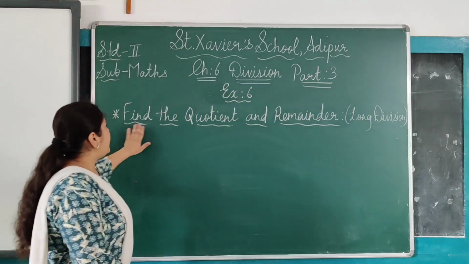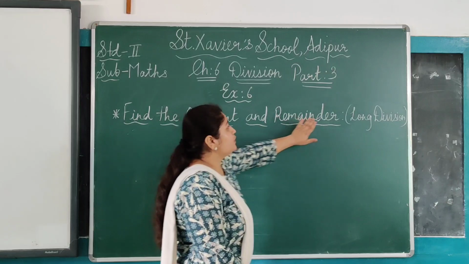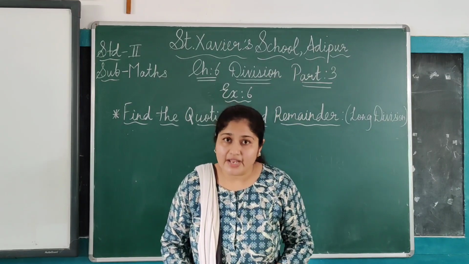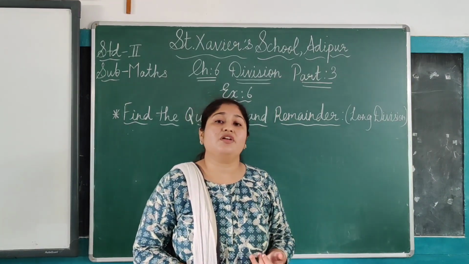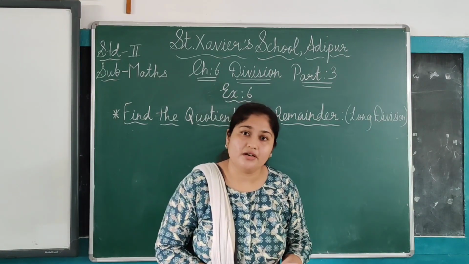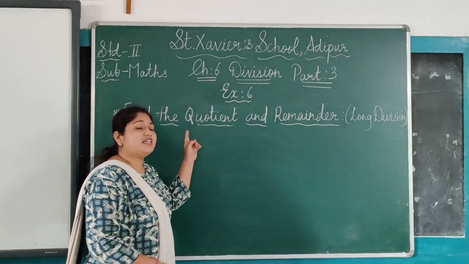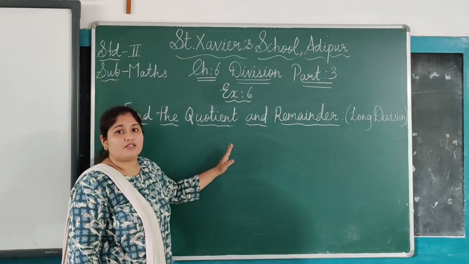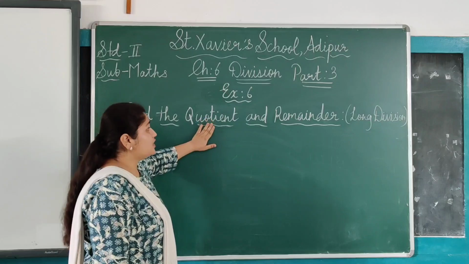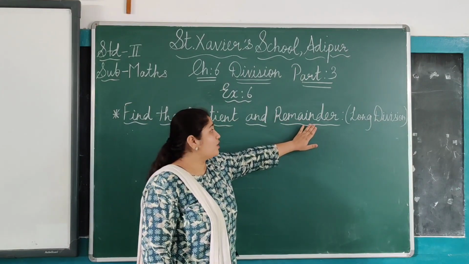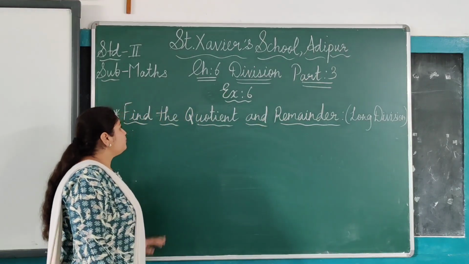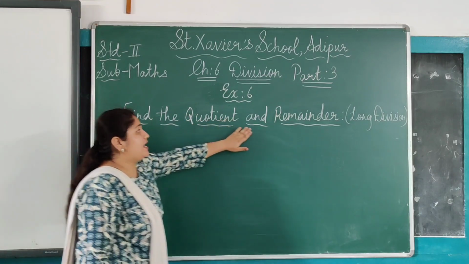Exercise 6. Find the quotient and remainder using long division. Students, in the last class we understood how to divide, right? हमने division किया था. In that we understood about the divisor, dividend, quotient and remainder. So today we are continuing with the same method. आज भी हम सेम मेथड से सम्स करेंगे, बट स्पेसिफिकली अलग से हमें बताना है कि क्वोशिएंट क्या है और रिमाइंडर क्या है. Okay, so this is the long division. So we have to write down quotient and remainder.